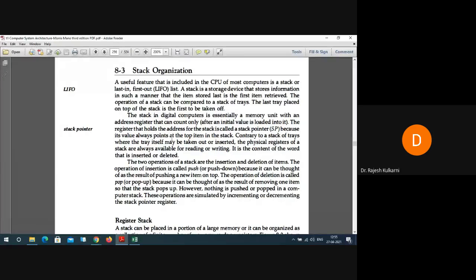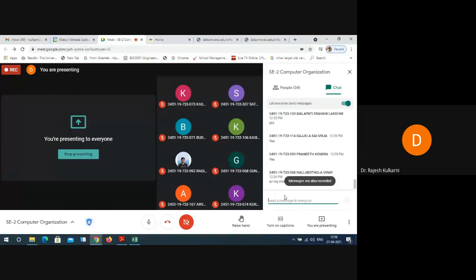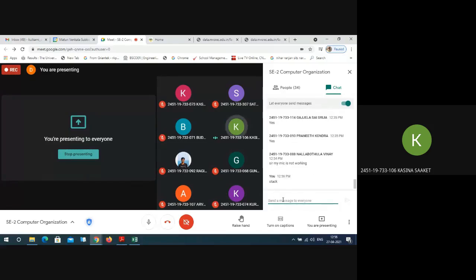Stack. So this word stack, we'll try to understand it in a simpler way. Then we'll try to connect with the topic. By the way, you might have heard about the word stack. In which subject did you hear about the word stack? I'll put that in the chat window. Sir, we know the word stack from data structures, a linear homogeneous data structure, sir.